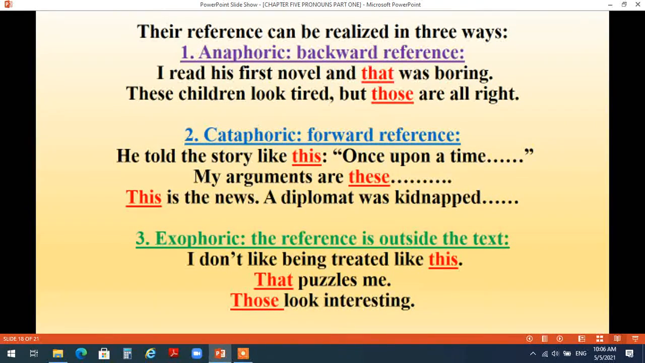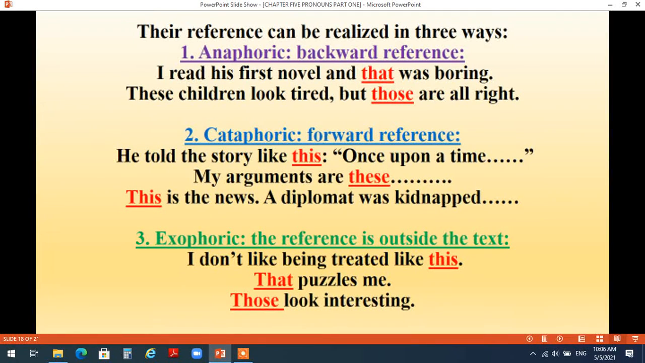Or when you say my arguments are these. إذا تبدأ باستخدام اسم الإشارة these ثم تبدأ بعرض your arguments. So this is called cataphoric reference. Or in the other example, this is the news. A diplomat was kidnapped, etc. إذن بالبداية استخدمنا demonstrative pronoun في بداية الجملة استخدمنا this مباشرة ثم بدأنا نعرض ما هو الخبر الذي نريد أن نرويه. إذن this is called cataphoric reference إنه نبدأ باسم الإشارة ثم نذكر الشيء الذي يشير إليه اسم الإشارة الذي